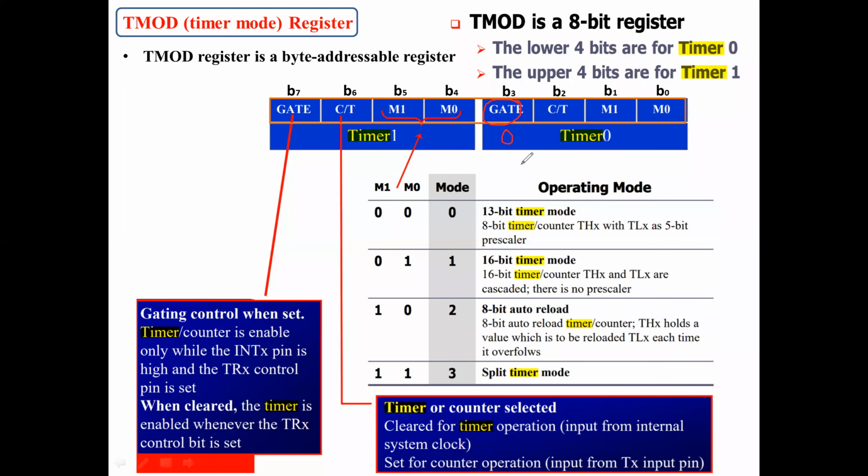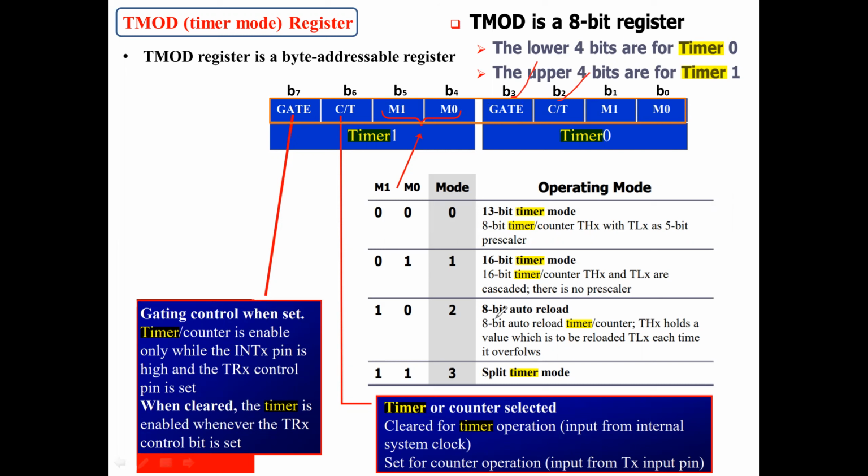For example, if this timer has to be controlled by some external device, that is, the timer has to count 1, 2, 3 like that, controlled by an external device, then this has to be set to 1. Through this particular pin, you can control the timer. That is, an external device would be controlling the timer. Most widely we use 0, since we'll be running the internal software timer. Now I have discussed gate.